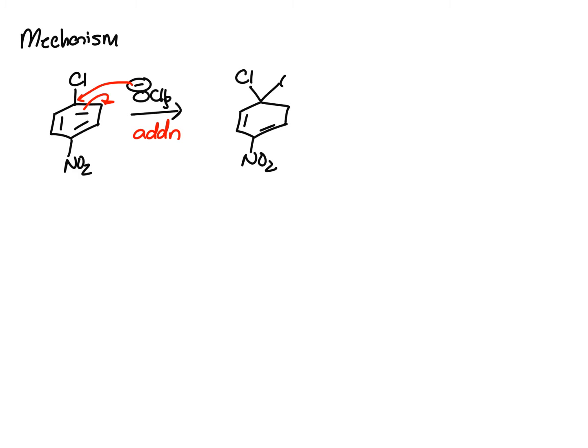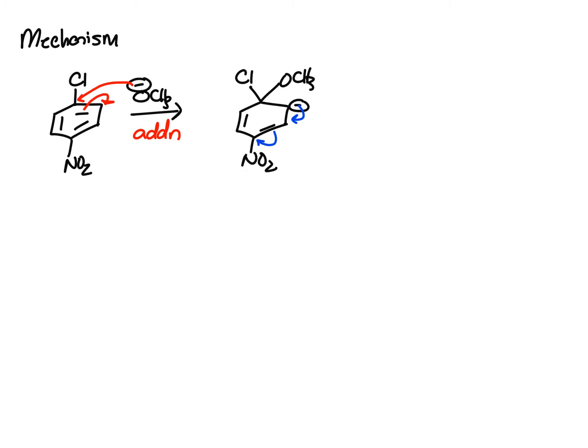When we push these pi electrons over onto this carbon, that's how we get the negative charge. Now, through resonance,